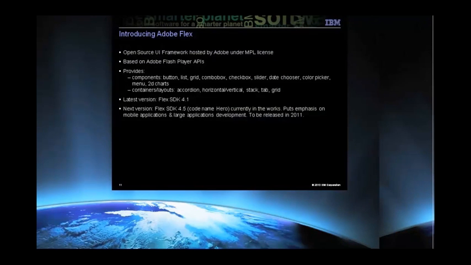The second one is Adobe Flex. So it's also an open source project, but that is a lot under the control of Adobe. It's available under the MPL license, and it's based on the proprietary Adobe Flash Player format and API. So it is also providing some predefined components. The current version is Flex SDK 4.1, and the next version, 4.5, will soon be released and is targeting mobile devices. So it will still work for web applications, of course, but they have a strong focus on mobile devices